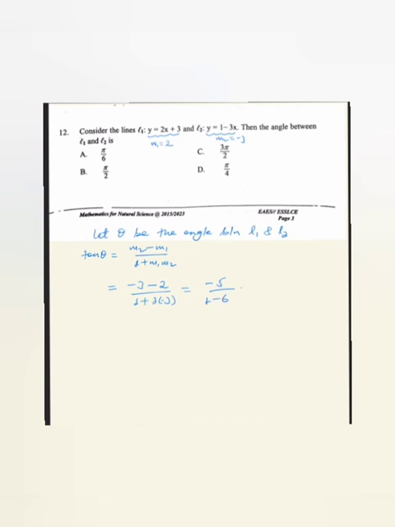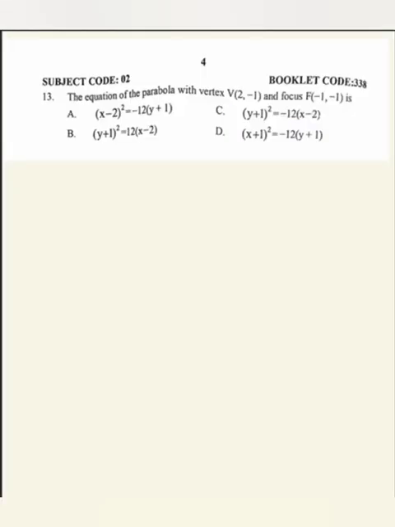ይሄ ምንድነው minus 5 over 1 minus 6, minus 5 over minus 5, the result is 1 so tan theta ምን ሆነ ማለት ነው 1 ሆነ ማለት ነው so from the concept of trigonometry tan theta 1 የሚሰጠን theta 45 ዲግሪ ወይንም pi over 4 ሲሆን ስለዚህ የ12ኛ ጥያቄ መልስ የሚሆነው ዲ ነው ማለት ነው ወደ 13ኛው ጥያቄ ስንሄድ the equation of the parabola with